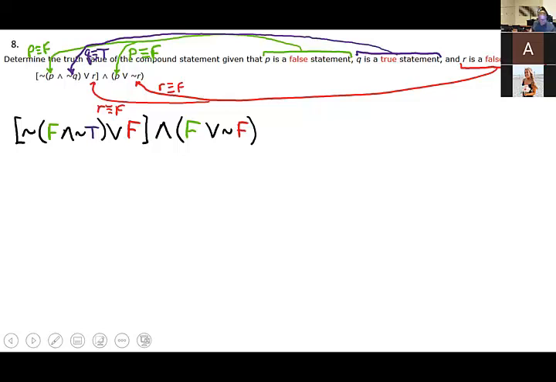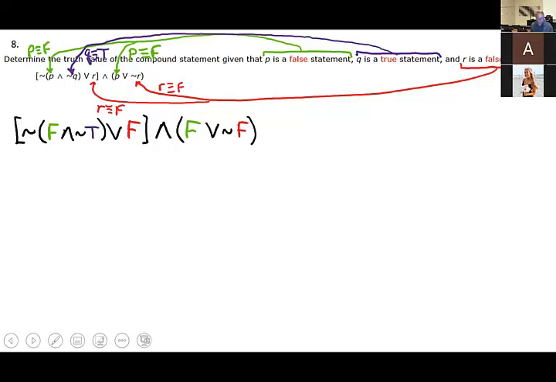So if you're with me, what I did is I took every P out of the problem and put in a capital F because they told me P was false. Every Q I took completely out and replaced it with a T because they told me Q was true. And then I replaced every R with an F because they told me R was false. And now it's a matter of manipulating your symbols and using your rules,